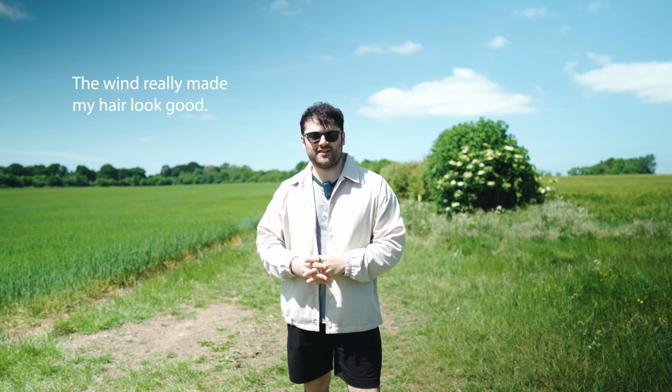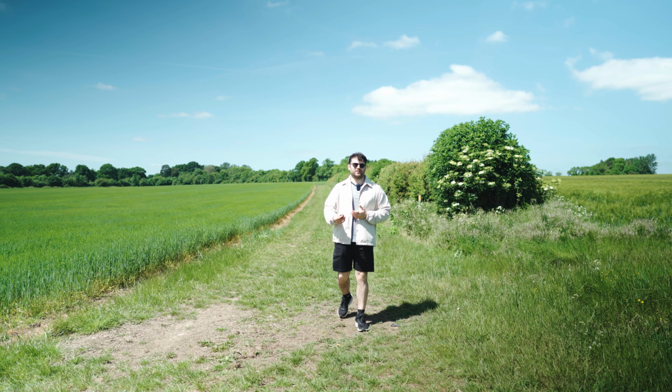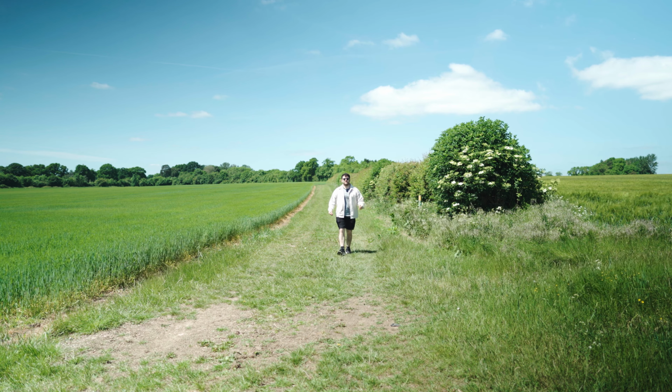Okay, so I'm out here testing the microphone on the transmitter. I haven't put on the wind muff yet, and there's a lot of wind today, so I'm interested to hear how this sounds. So I'm gonna start walking back now and seeing how far this picks up my audio. Tyler behind the camera is gonna give me like a gesture if it cuts out, and we'll see how far